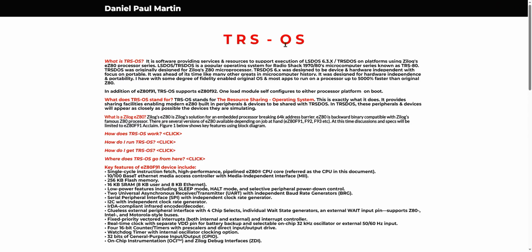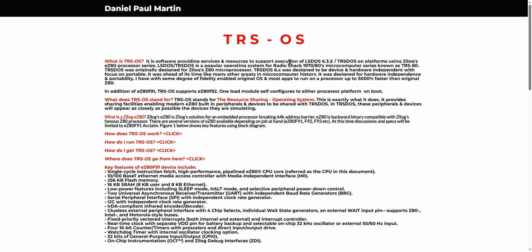And what it allows us to do is execute TRSDOS 6, which is also known as LSDOS 6.3. The reason it's known as LSDOS also is after they released it to Radio Shack, it was also privately released from Logical Systems, who simply renamed it LSDOS, marketed under their own abbreviation. TRSDOS left off at 6.2, where Radio Shack Tandy quit. After that, Logical Systems released 6.3, which updated the date structure, and this was their last release of the